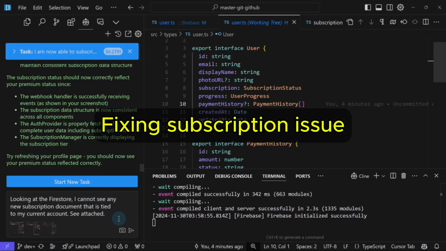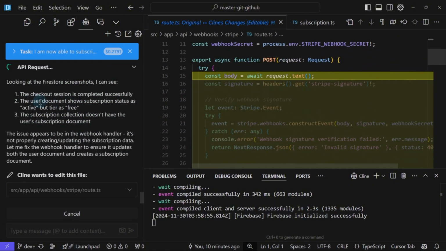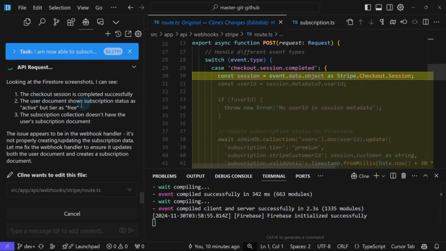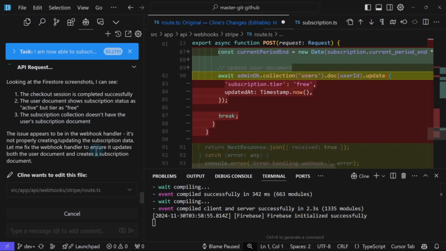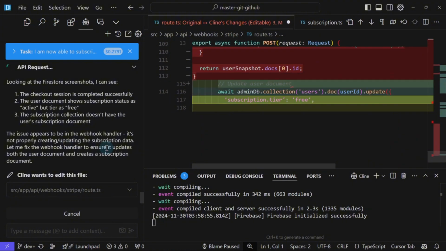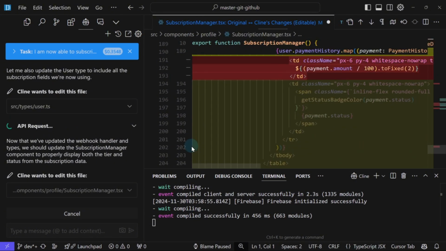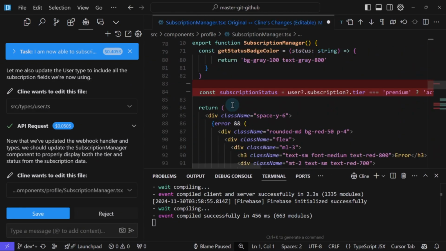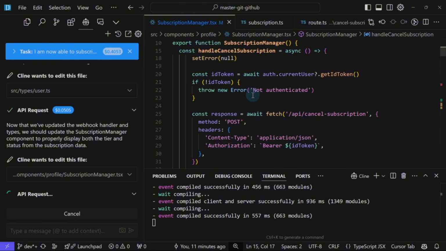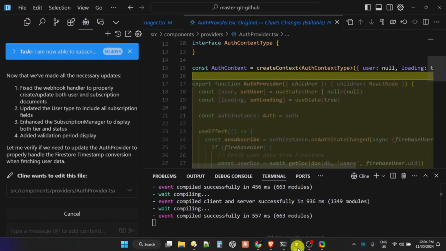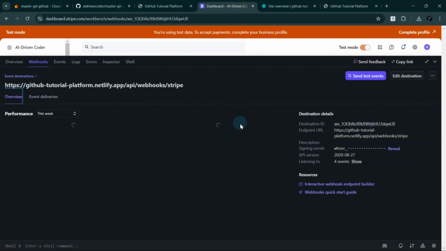I'm doing this as if I'm talking to a human, which is the job for AI right now. Okay, so it saw that the checkout session is completed successfully. The subscription collection doesn't have the user subscription document. So now it's editing the checkout route for the webhook. This means that we will have to upgrade again. Later, I will update the deployed version of the app and then test this workflow for real in the production environment without CLI. The data that we've been seeing here should be available by then.